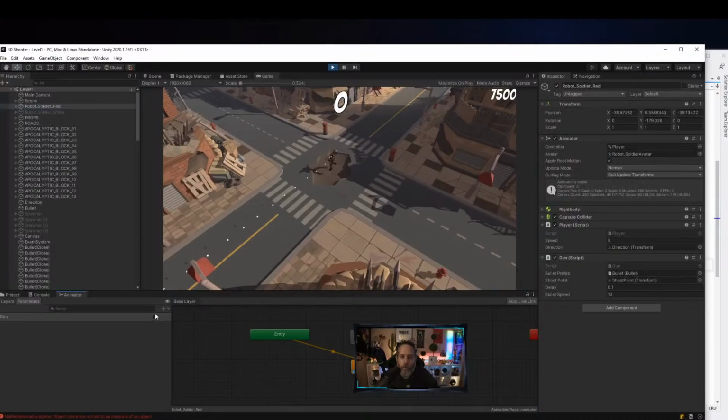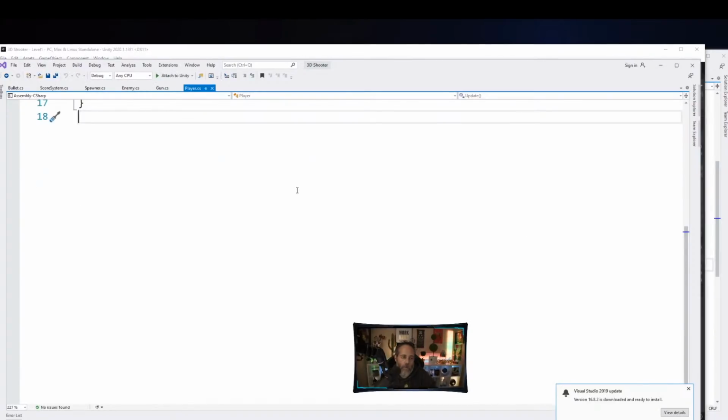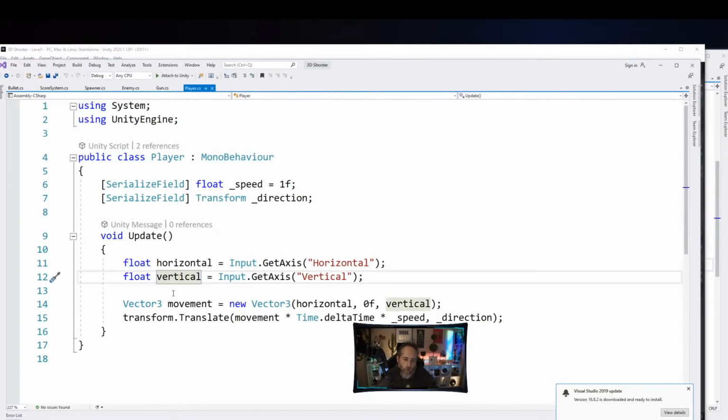So now I just need to make some code that does a little call to set this Boolean, to set this run to true or false. To do that, I'll go into my player script. And here, when we move, I'll just set that value to true if my horizontal or vertical are greater than 0 and false if they're not. So I need to get